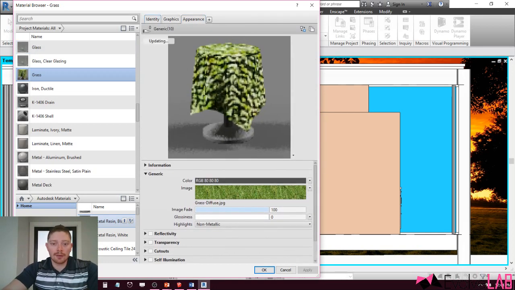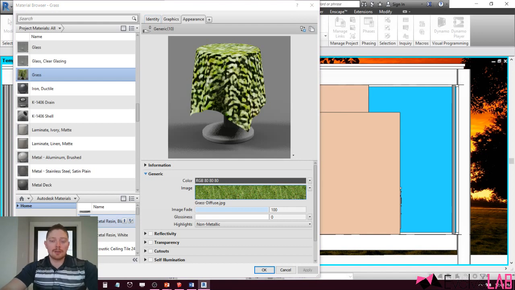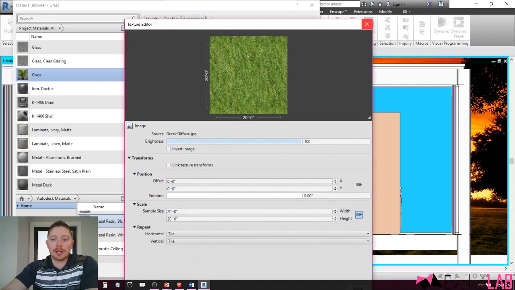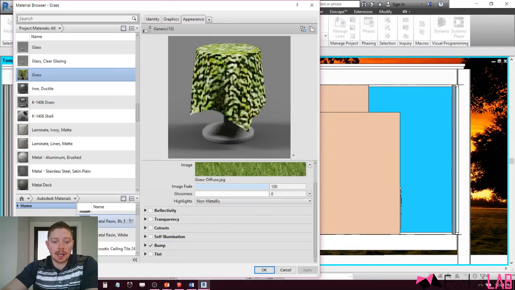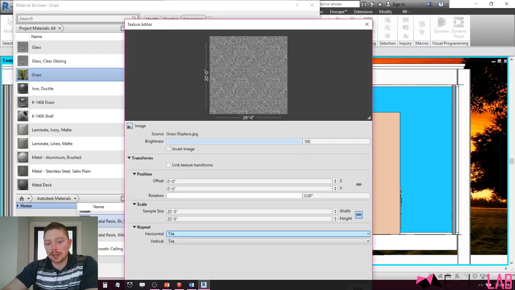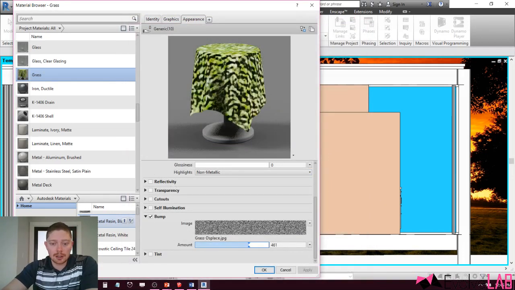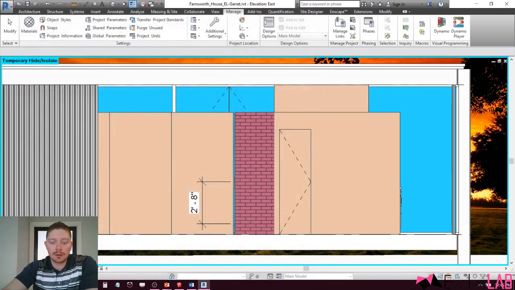So this is grass. It has a grass diffuse image set at 20 by 20. So that's my grass pattern, and then I added a bump map to that, which is again that black and white depth cue. And then you can adjust how much bump you want based on that. And where that is shown,